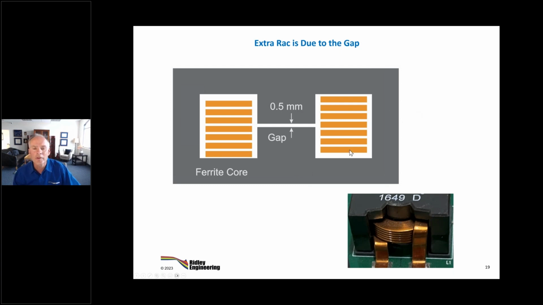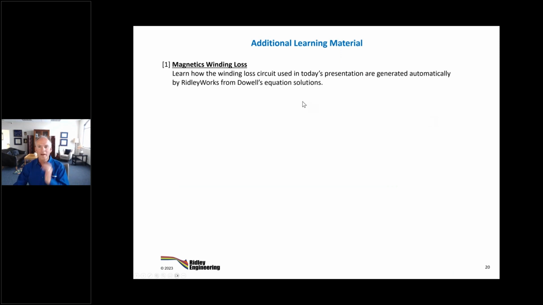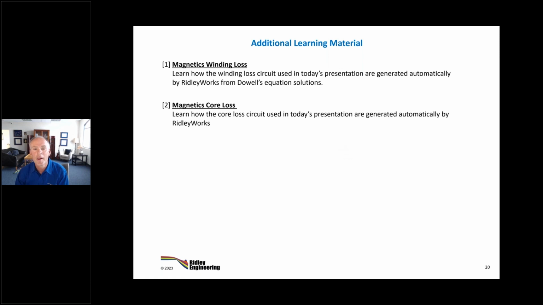There we are. So it's much more relaxed this time than my usual webinars because I don't have equations in there. I'm trying to put concepts across here, and I'm not trying to run too much software. I wanted to leave plenty of time here to go look at your questions, but also steer you to other things to read. The winding loss here, we have a full 1-hour webinar on the winding loss. So you can see how Ridley Works deals with that. I think I even give some of the equations there. But it's not doing you a favor by giving the equations, because then you've got to go program them. So I don't encourage you really to do that unless it's something that you love doing in your spare time.